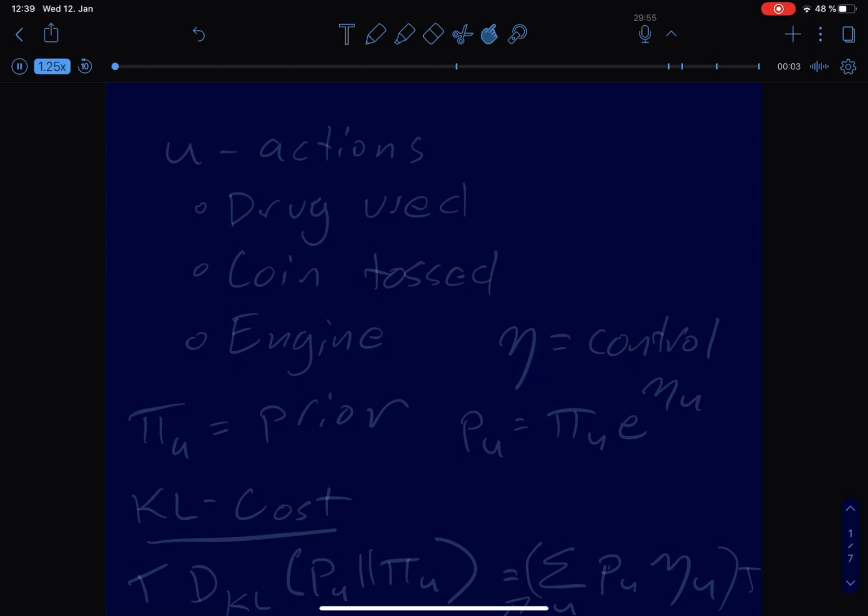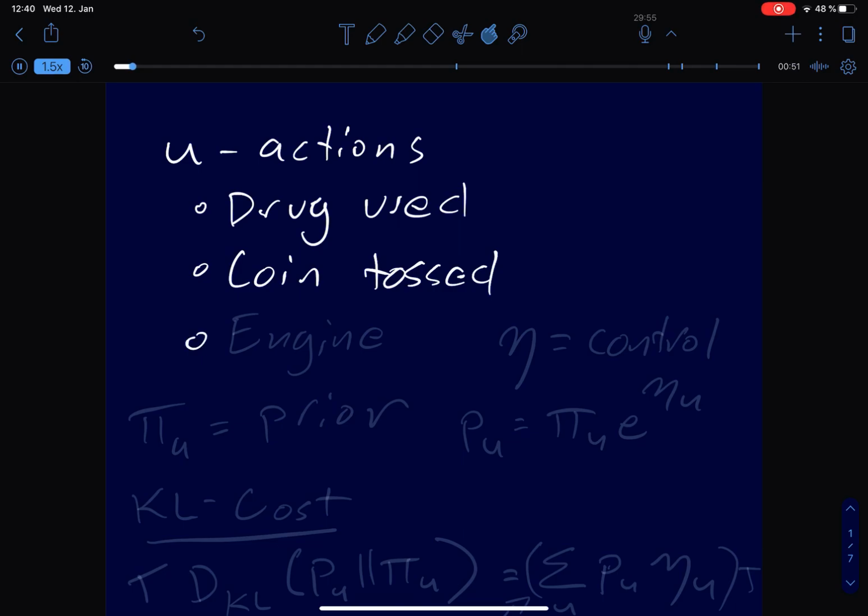In this lecture, I'll be talking about control, optimal control, and the cost to go function, and specifically KL control. So this is where our control is stochastically affecting which outcomes we take, which actions we take. So we'll be concerned with the case where we have some set of actions, U, which, typically, could be which drug to use, or coin tossed,